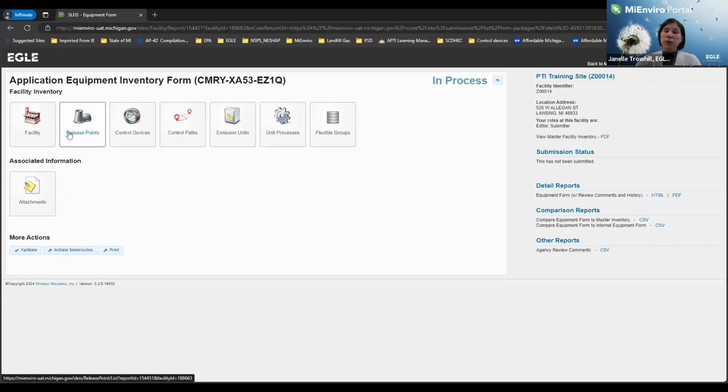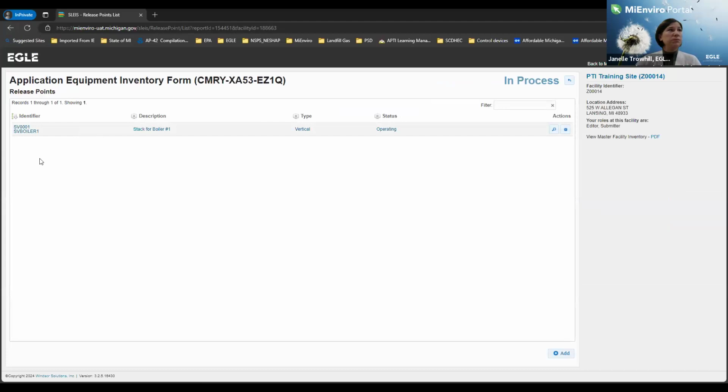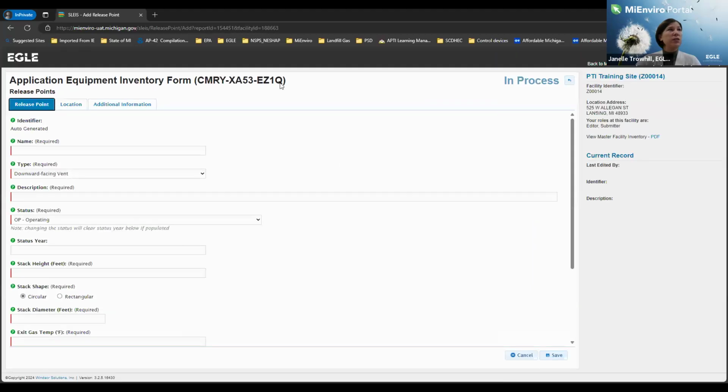You normally want to go from left to right when filling out all of these tiles. If at any time you get into an area and you're not sure how to go back, don't push the back button. You want to use the arrow in the right upper corner here, because that will go back between the screens within Slice. So if we are going to install a boiler, we would go here. You can see that there's one boiler already there that's operating. So down in the lower right corner is an add button with a plus. You would click that and it would give you a screen that you would be able to add your new